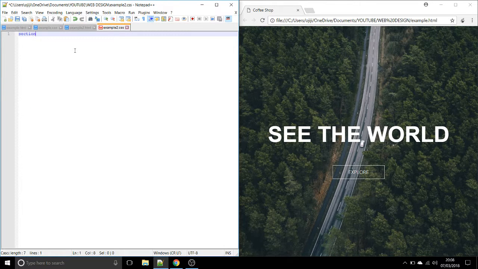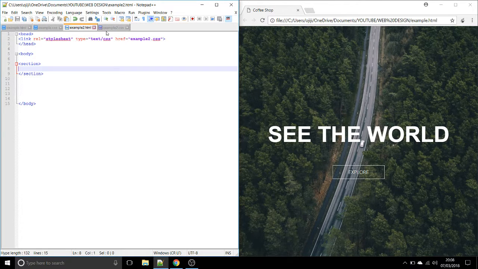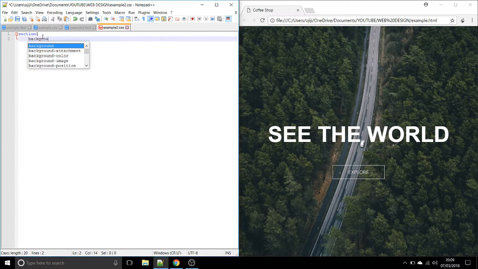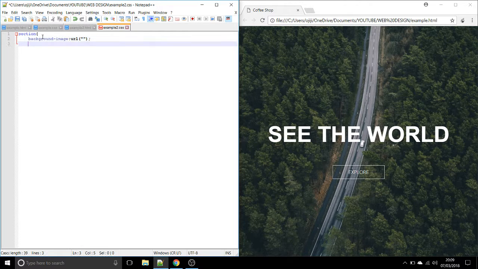Here, this is now our CSS file. We're going to call on the section. As you can see, we've got our section tags here. In the CSS file, all you need to call it as is section. So section here, and we're going to say background image: background-image: url("");